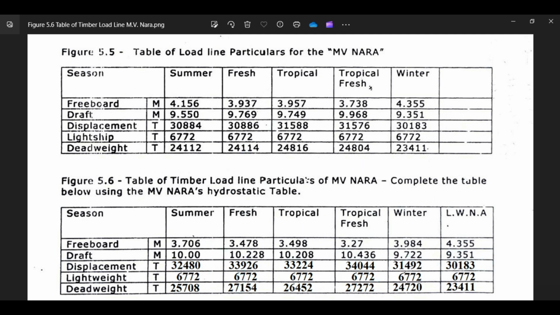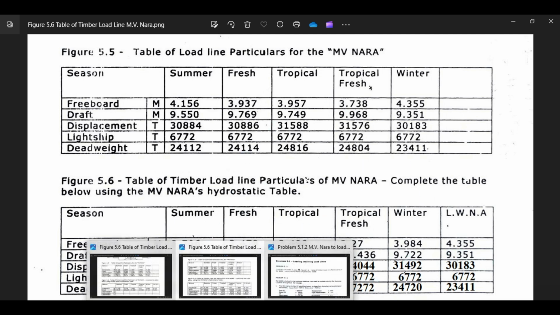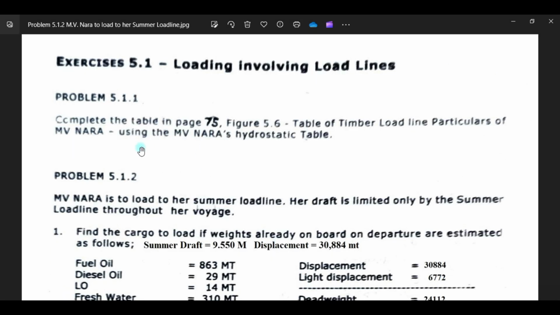So that will be satisfied, or we have answered already problem number 1, 5.11. Then we go to problem number 2 of 5.12. It says here,